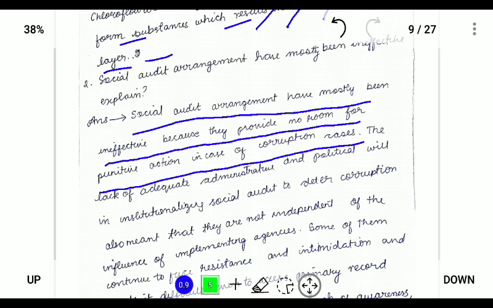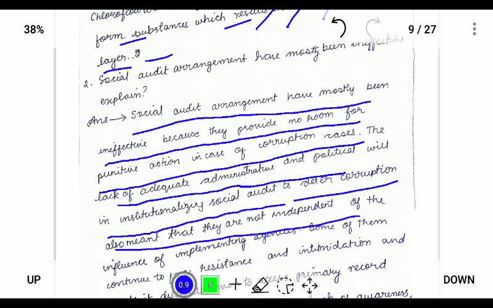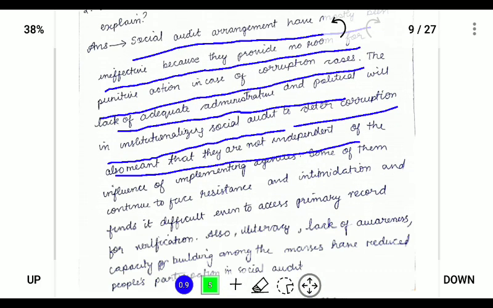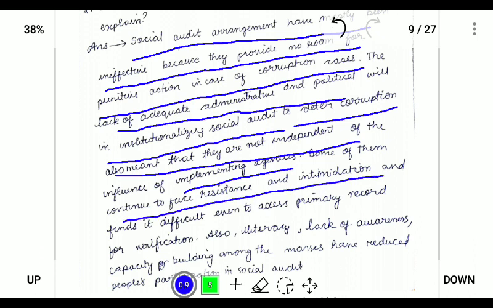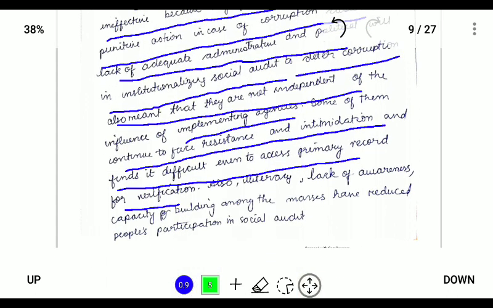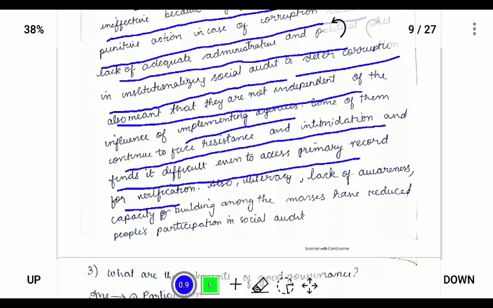any punishment if they are caught in corruption cases, and the lack of adequate administrative and political will in institutionalizing such social audit to deter corruption also means that they are not independent of the influence of implementing agencies. Some of them continue to face resistance and intimidation and find it difficult even to access primary records for verification. Also, illiteracy, lack of awareness, and capacity building among the masses have reduced the people's participation in social